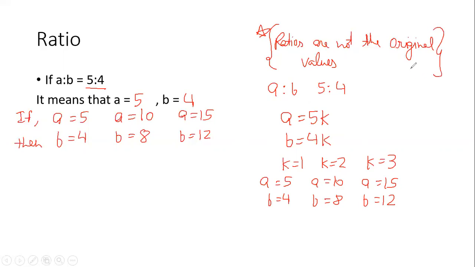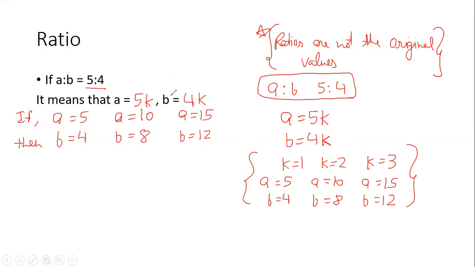Now, if you really want to perform any calculation, you will perform the calculations on the original. So just make a habit that whenever you assume any original, you multiply them with a multiplier and then you can do whatever you want to do with the numbers because now they are original. So finally, if I say A by B is 5 is to 4, that means A is actually 5k and B is actually 4k. So I hope this basic logic is sorted. Never assume the ratios as the original. Always multiply them with the multiplier and then try to perform your calculations.